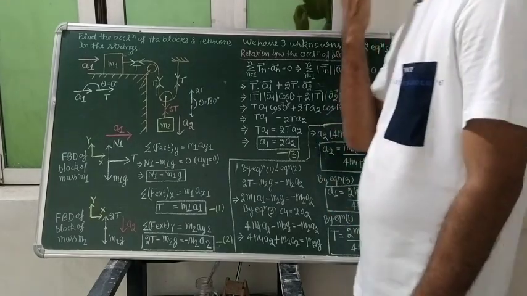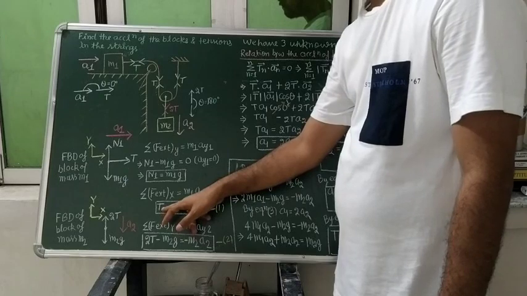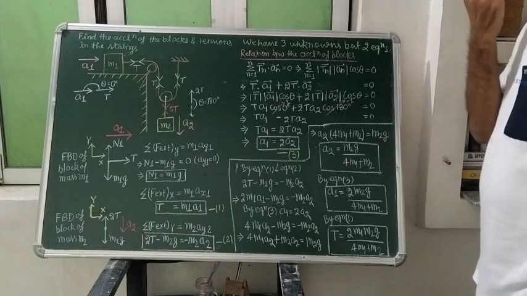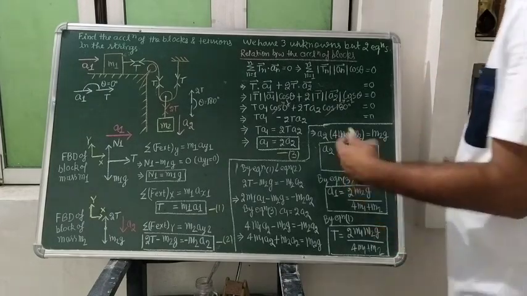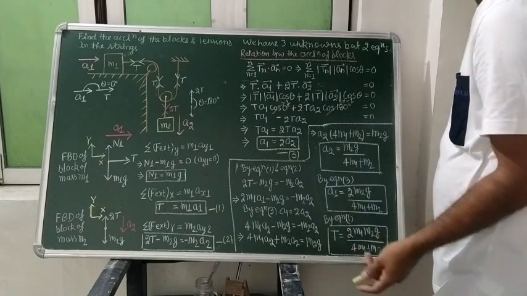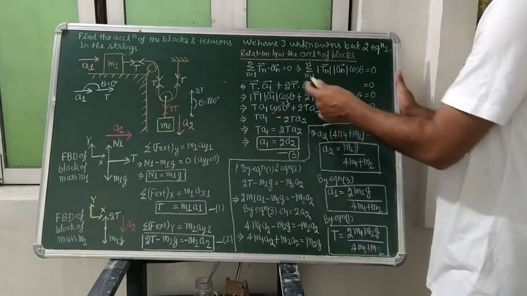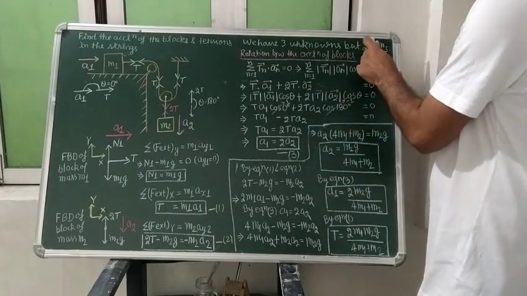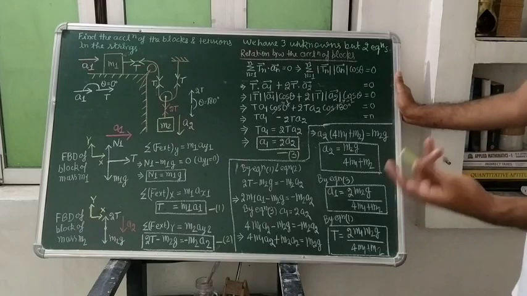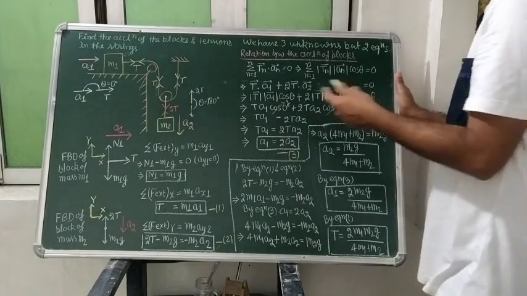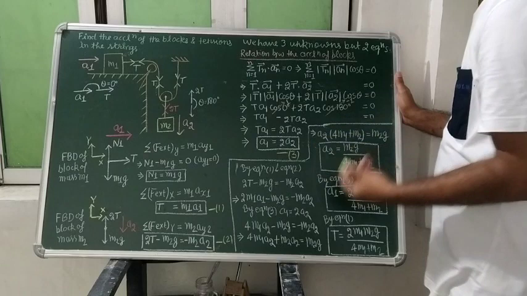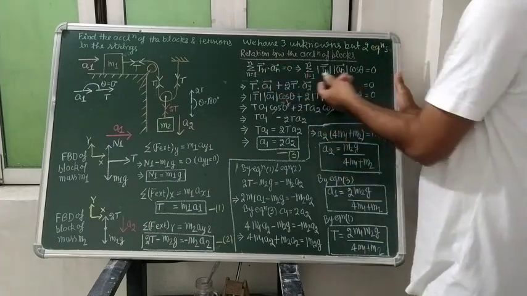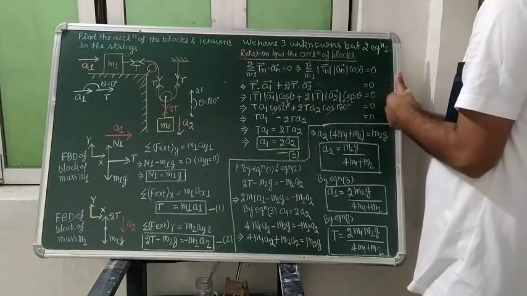And here we are looking that we have three unknowns, T, a1 and a2. So we will have the requirement of three equations. So what can we do? We can find out the relation between the accelerations of the blocks. Since we want to know the relation between the accelerations of blocks only, we can apply the short trick. The short trick will tell us that the sum of all the dot products of the tension vector and acceleration vector should be equal to 0. So when you apply here for block 1 and for block 2,